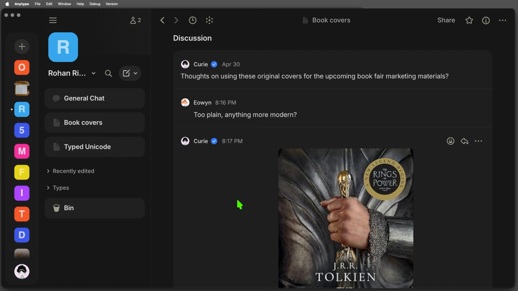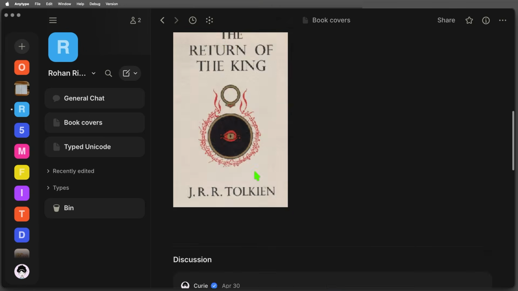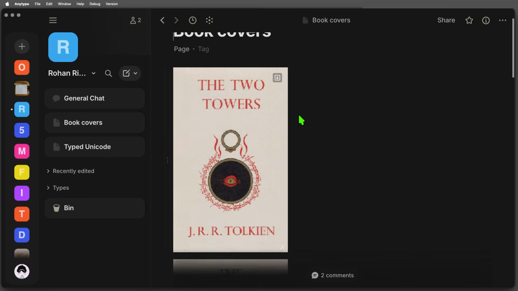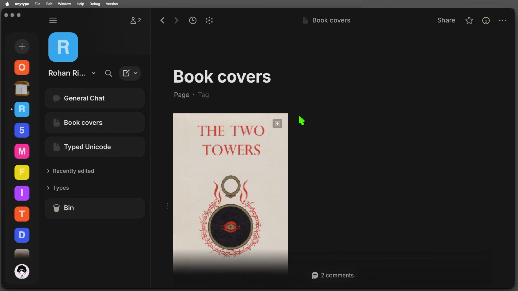Now, it's not as convenient as it is in something like Google Docs, where you can reference something inline in the page and kind of highlight it and comment there. But this is a start toward more collaborative efforts, specifically on an object or page, instead of having a whole